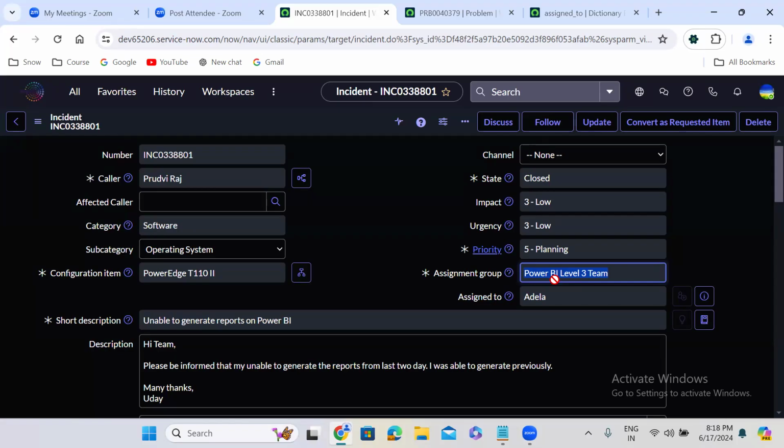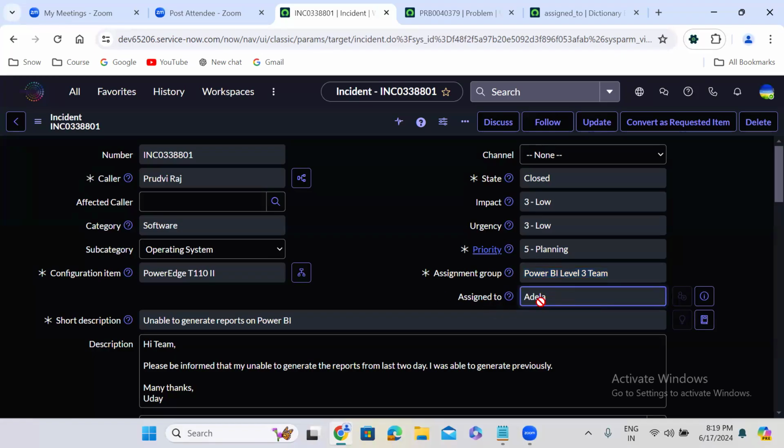Then what they do is take it to expert level. The experts will identify the root cause analysis and provide the fix. Similarly, here in the organization also, if something is not working, you will create an incident and you will get the solution. If the solution provided is not working, you will ask them to rework. And if the issue is repeatedly happening, you will ask them to create a problem.